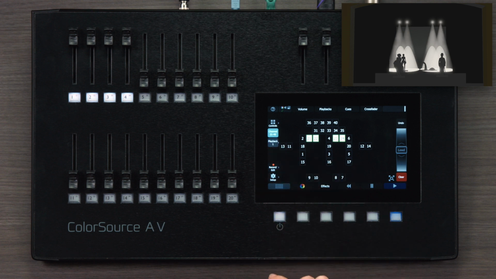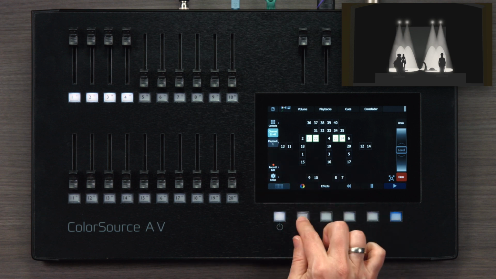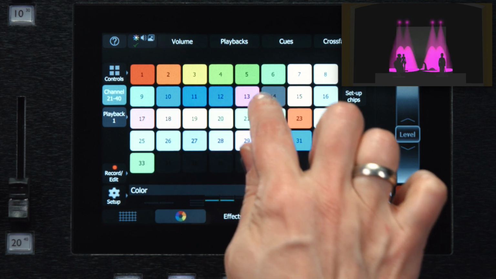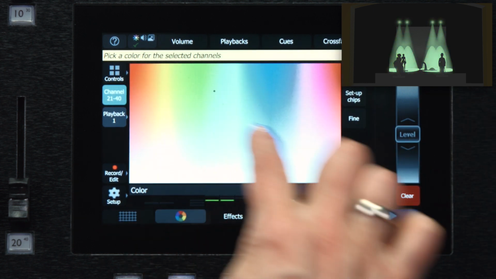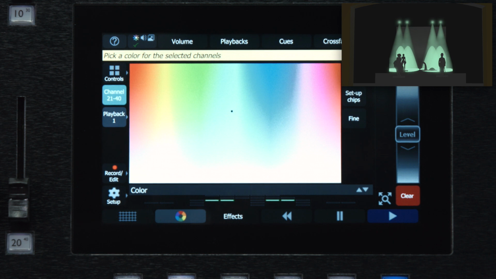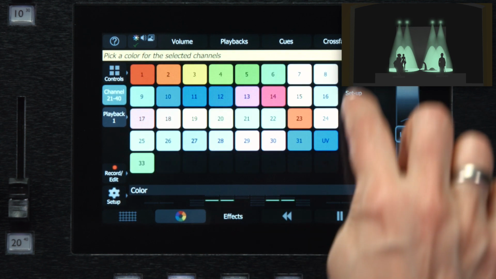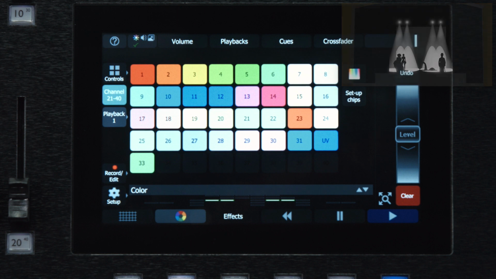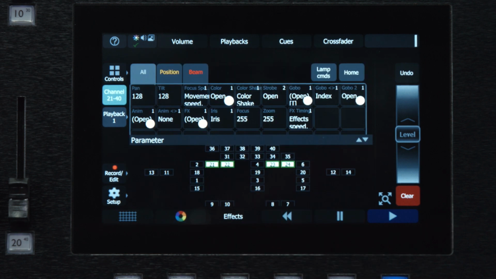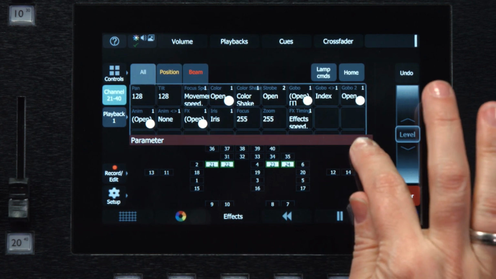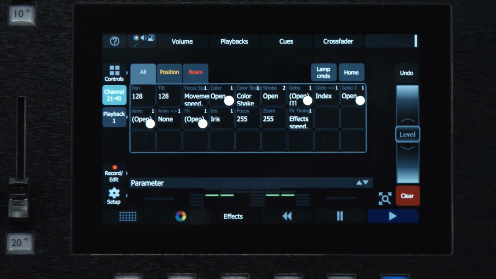These have a color mixing system in them, so I can select mixed colors exactly the same way as I would on an LED system using the color picker tools. I'll put them back in white. If I want to control the other functions of the light, I need to go into the controls menu and find the param page. Inside the parameters page, there's a set of cells that are labeled with the different functions